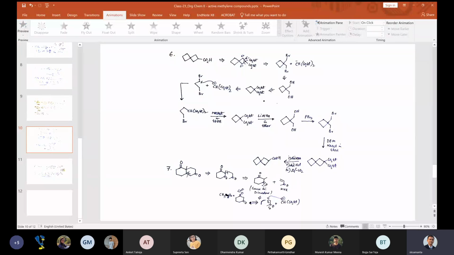In the first slide I told you that I will give you this kind of example. So this is that example. This molecule can also act as an active methylene compound. Okay. So this methyl group can be added, so you can remove that methyl group and form this compound. Okay.